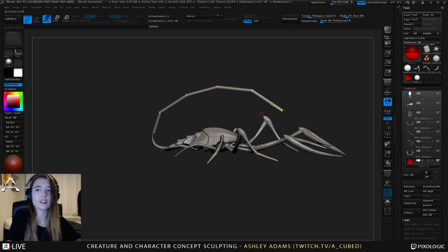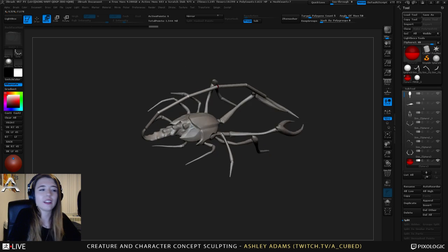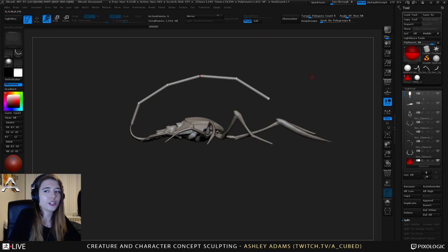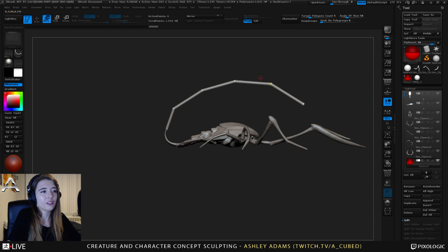Oh, okay, I'm kind of liking this, though. This feels nice. This feels very golden ratio right now. We could probably pull this back a little bit more, just to really...